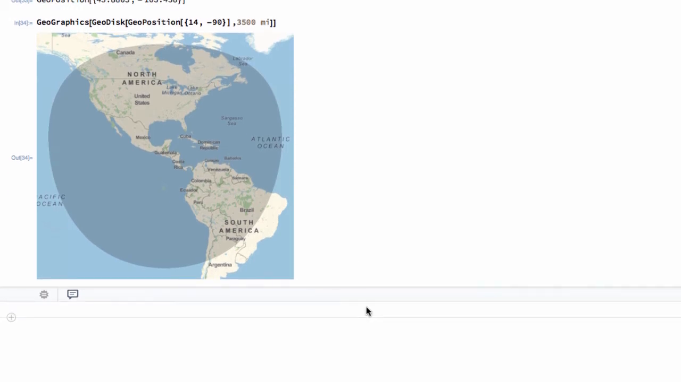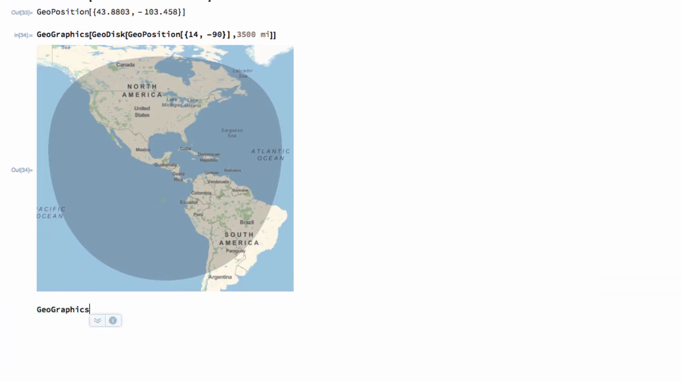I want to run that calculation again just to show you what's going on, because we are doing a nesting of functions here. So the main function that we were doing is Geographics. And if we take a look at its syntax, it's looking for what it calls primitives and the different options that we can put in. And of course, if you look this up in help,